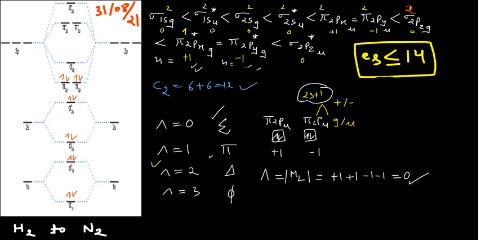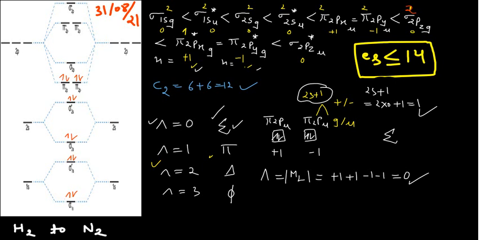That means lambda is 0, and you know when lambda is 0, what letter you will use? You will use sigma. So you will write sigma over there. There is no problem in that. Now all electrons are paired in that case. These electrons are paired, that means S is 0. So if you want to calculate 2s plus 1, that will give you 2 into 0 plus 1 equals 1. That means the multiplicity is 1.